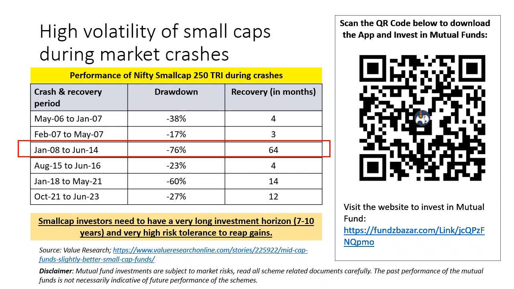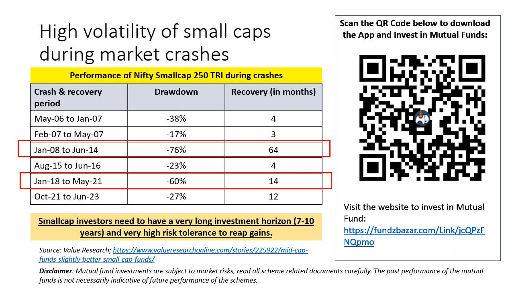So this is the kind of risk, this is the kind of volatility, and this is the kind of patience you need to have if you are investing in small cap mutual funds, right? Again, the reason for presenting this data is not to scare you off, but to give you a realistic perspective of what kind of things you need to be prepared for as a small cap investor. Same thing, right? From Jan 2018 to May 2021, the maximum drawdown was minus 60%.